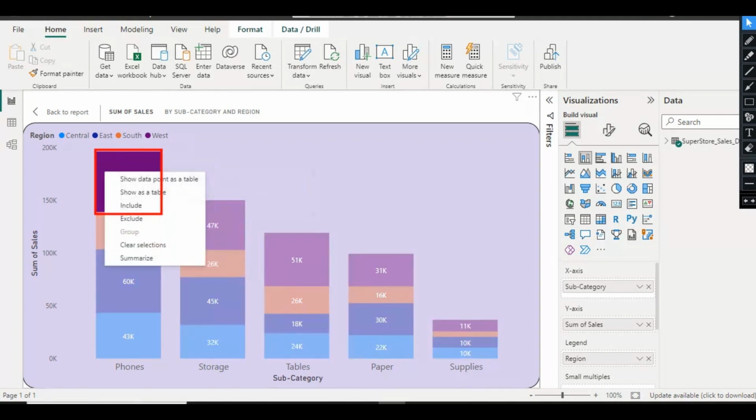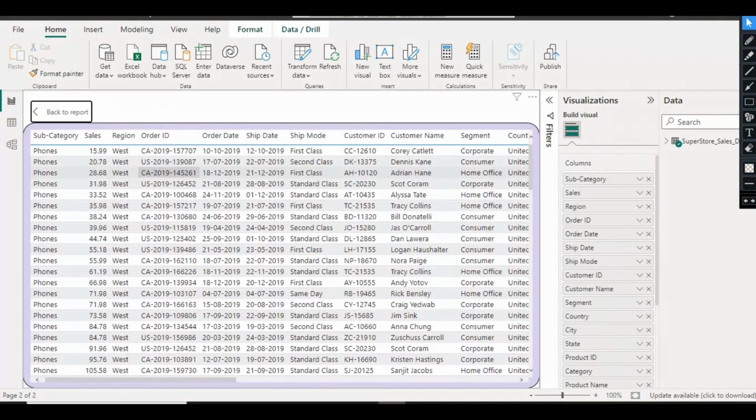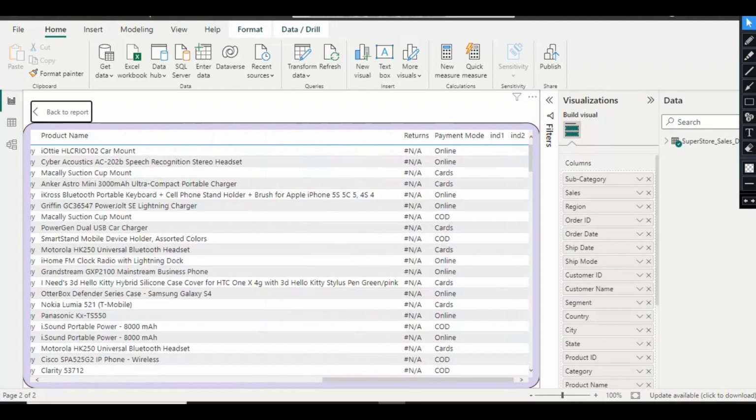You just right click here in this box. Okay, and here you have this option which is show data point as table. You just simply click on this. Okay, and here you have the data table. Here you have the table,